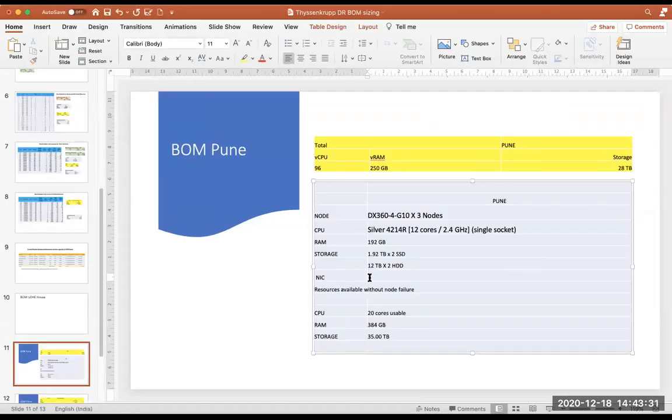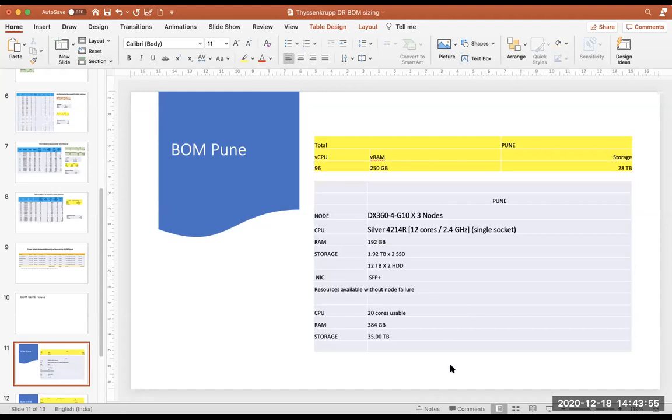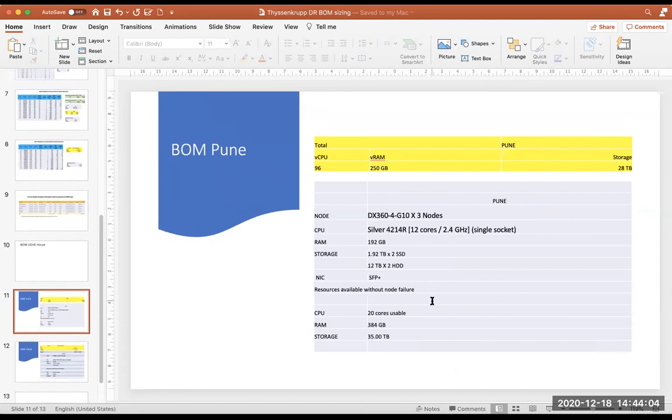You are proposing a single CPU in Pune in each node, Swapnil? Yes, sir. I was proposing this 12 core single socket, so it is like 3 nodes of 12 cores each. Correct. By the way, this is N. I have not considered failover here for the Pune location. If you want a failover, I can add a little more resources on top of it. If one node goes down, your data will still be there, but the CPU part does not have redundancy. The storage part has a lot of redundancy. You put it, no problem, you go ahead.